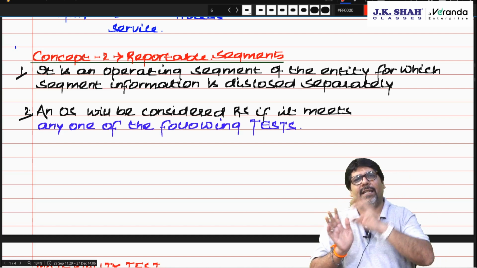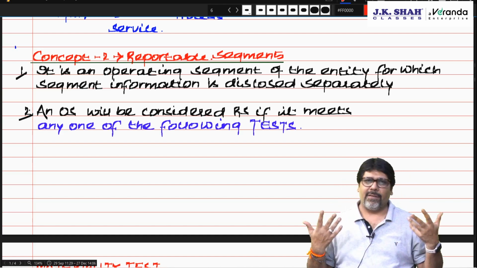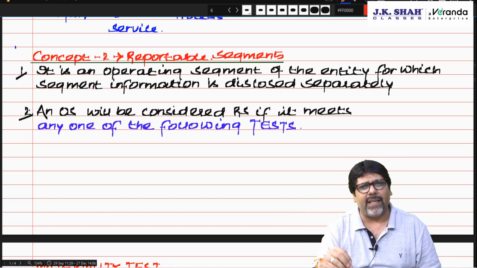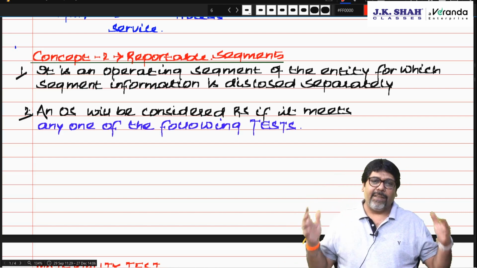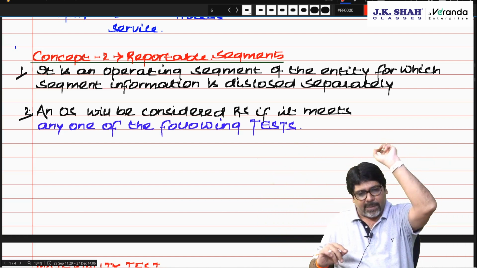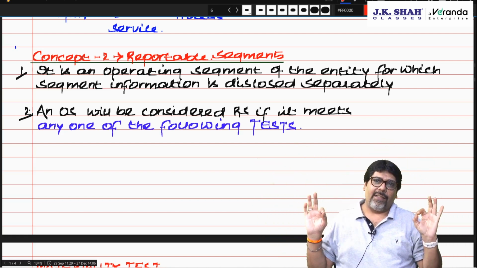Distribution channel to the retail outlets and the distributors is also same. And the government regulatory, it's not there anything, but if it is there, it is same again. Am I clear? So if these conditions are fulfilled, more than one operating segment can be merged for the purpose of reporting. So now we understood what is a segment.